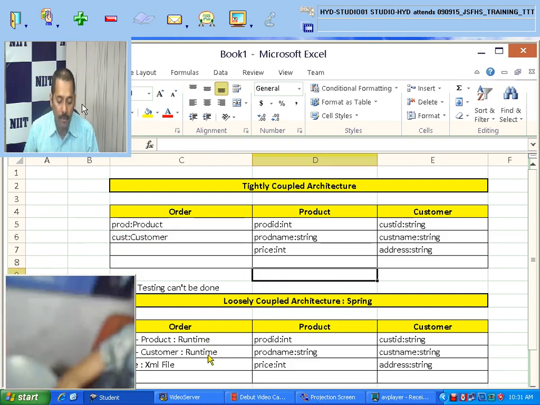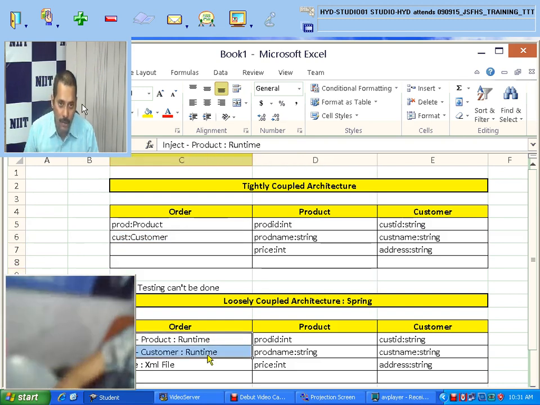At runtime, the Spring container will create the object of the product and customer, and we can associate them, so that it is not directly tightly coupled. That is why we use injection services for maintaining the loosely coupled architecture. And the information about which product or customer class has to be injected will be in the XML based file.